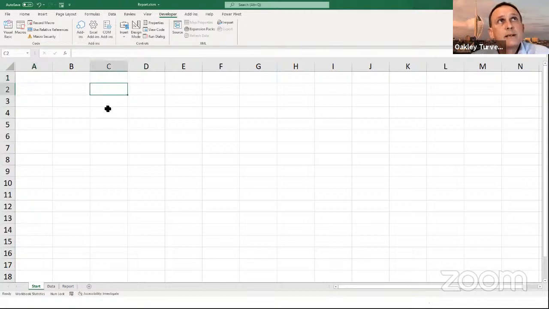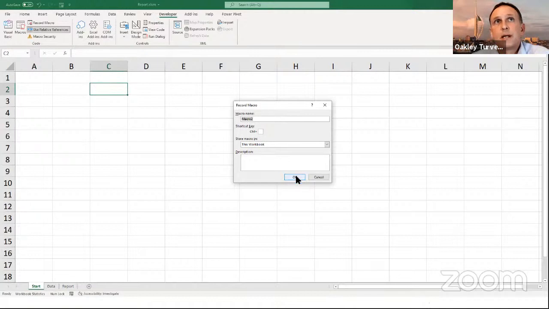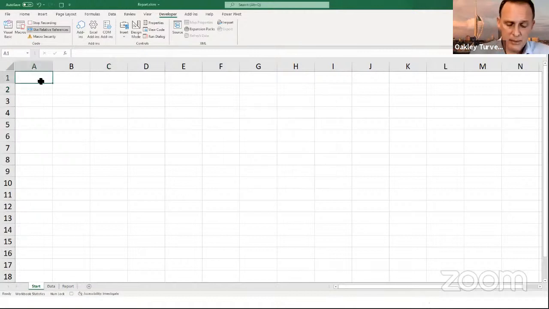I'm now going to click in that cell there. I'm going to start using relative references, and now I'm going to record another macro. So I'm going to start recording. I'm going to do exactly the same. I'm going to click in A1, write my name in it. And now stop recording. And the thing I always do after using relative references, I immediately turn that button off.